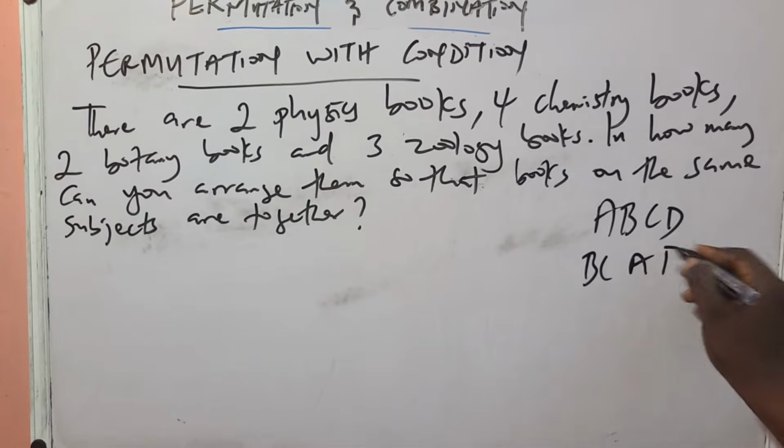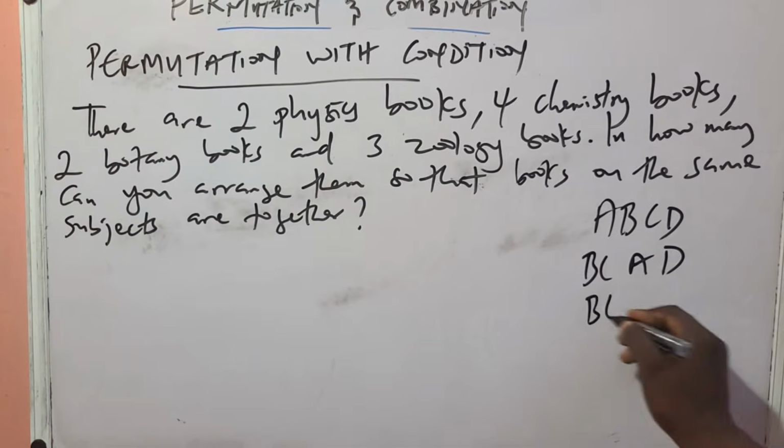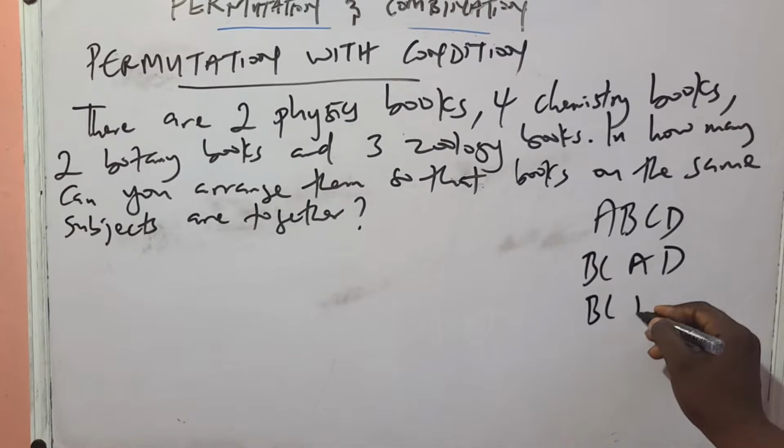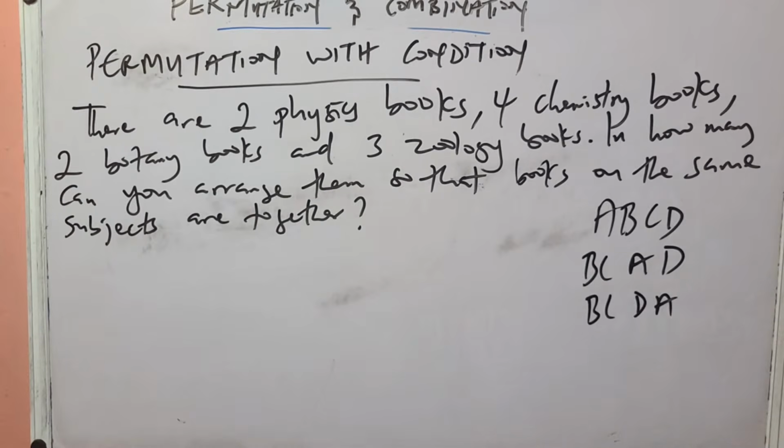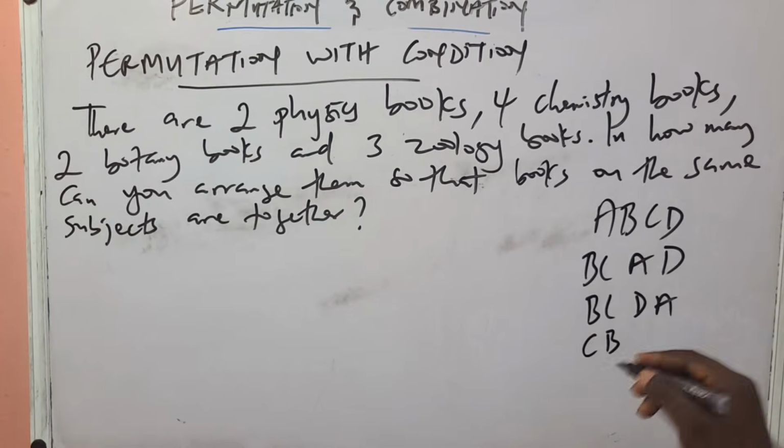So in that case, you can have something like this. You must still have B and C together. You can have something like this. And you could also have this because B and C is still together here. Something of this form. That's what we call permutation with condition. So guys,